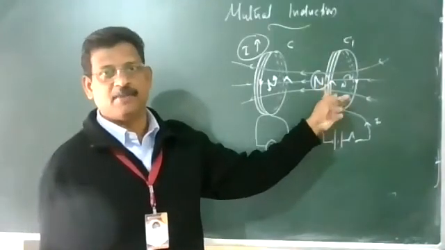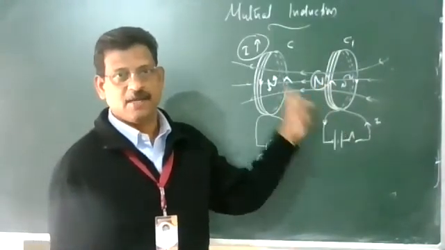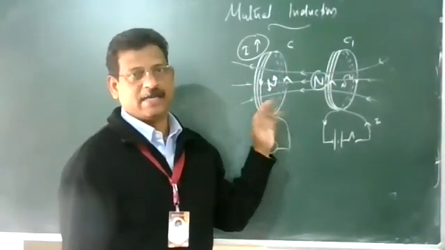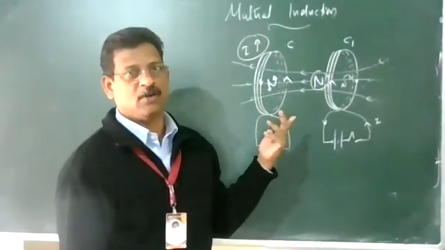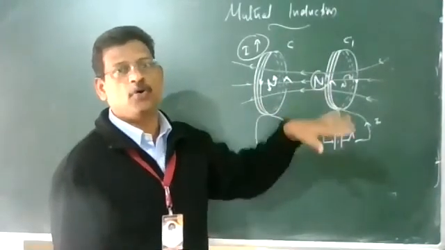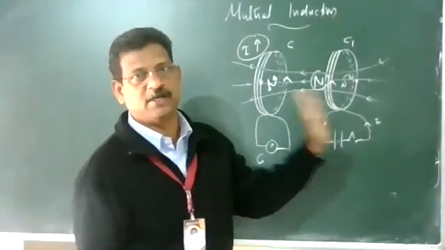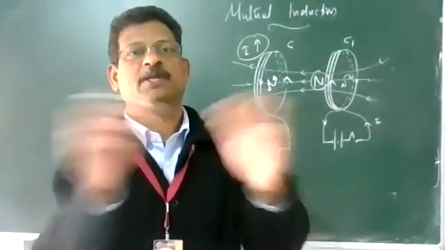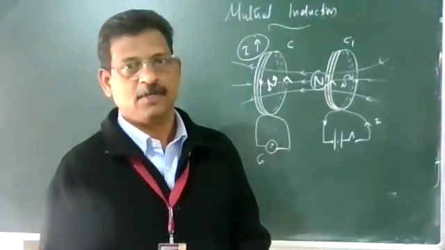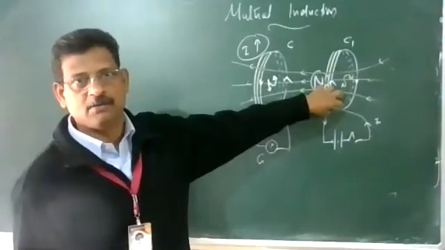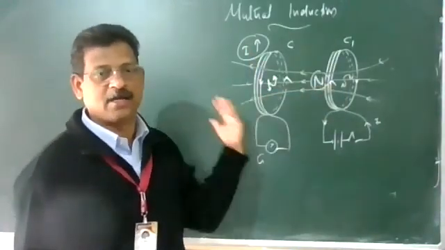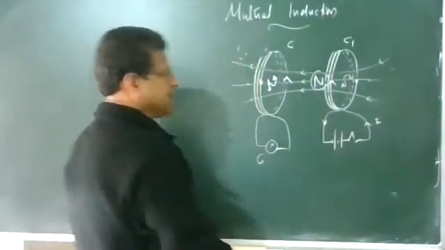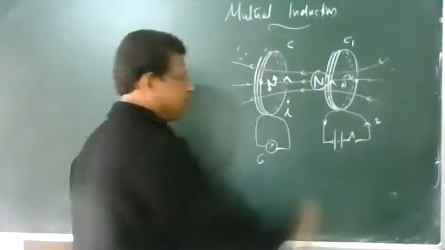Whenever current in a nearby coil changes, an EMF and hence a current is induced in the other coil, and that current will flow according to Lenz's law in such a direction as to oppose the cause of change in current in the nearby coil. This phenomenon is known as mutual induction. It is between the two coils. So current is in one coil and the induced current is in the other coil. That is the special thing. Battery current I is here, induced current I am marking as small i.